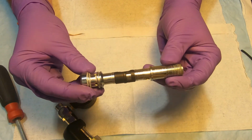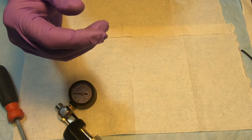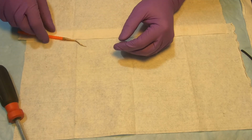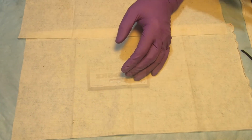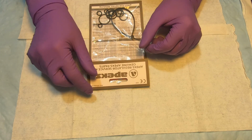And that's it. That's the barrel. It's gonna be cleaned, sonicated, and ready to go. So as you can see, straightforward, very simple. That completes the disassembly. Now I'm gonna be cleaning it using the